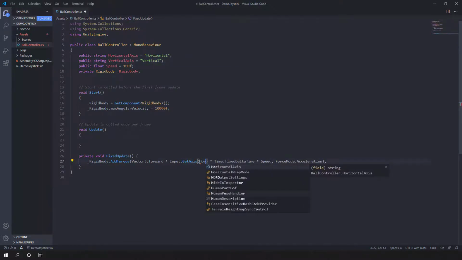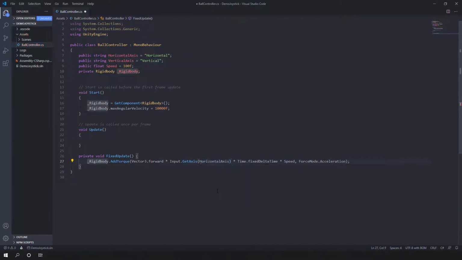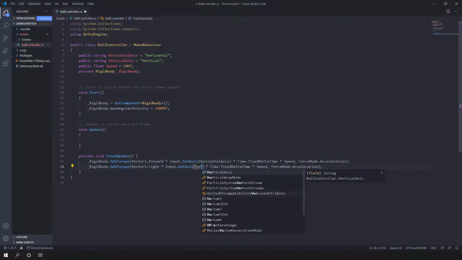I have right here the horizontal axis, and I can simply include right here, instead of forward, I can put right and use the vertical axis.